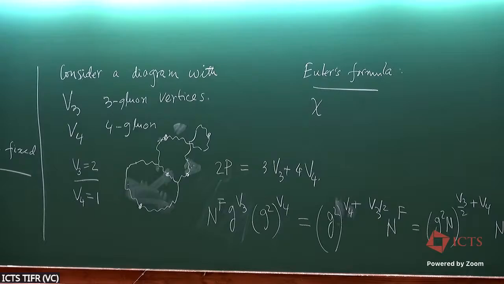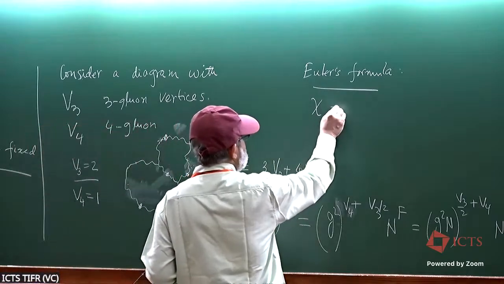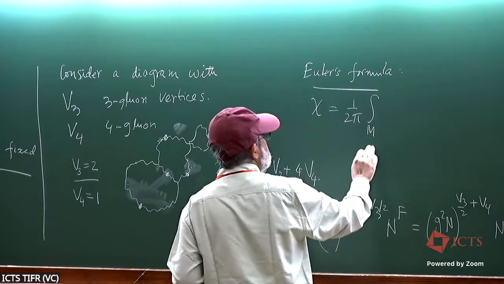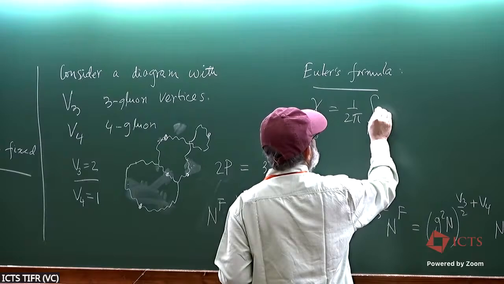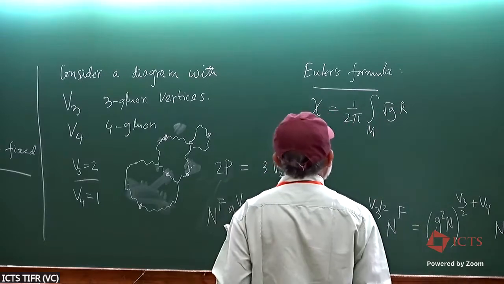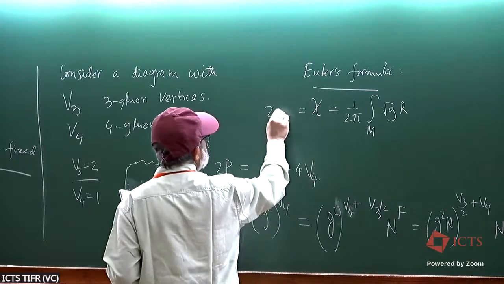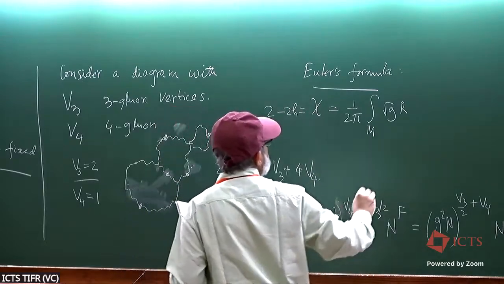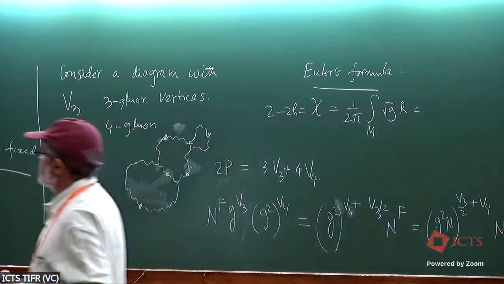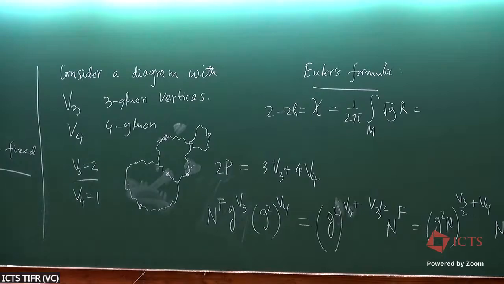So for a Riemann surface, the Euler character is a topological invariant. On one hand, it is given by 2 minus 2h. On the other hand, when you use what is called a simplicial decomposition of the Riemann surface, you have the scaffoldings and count the number of vertices,